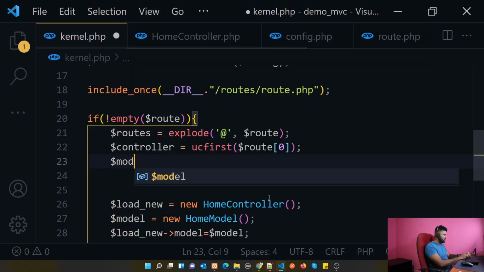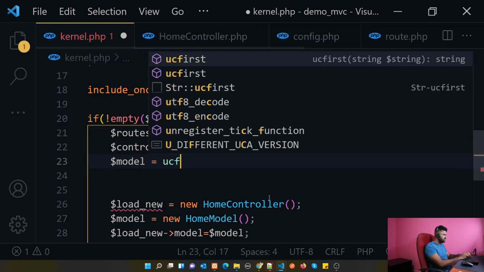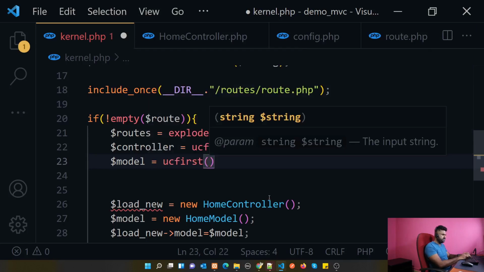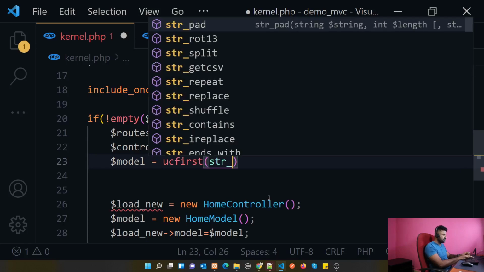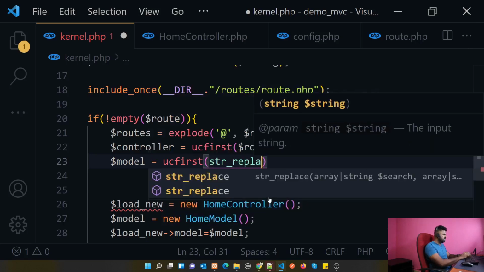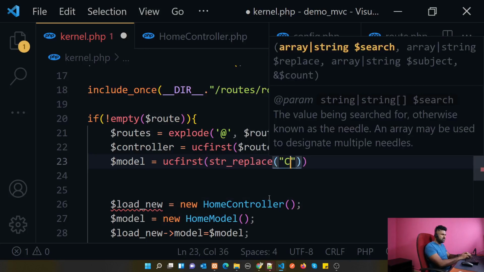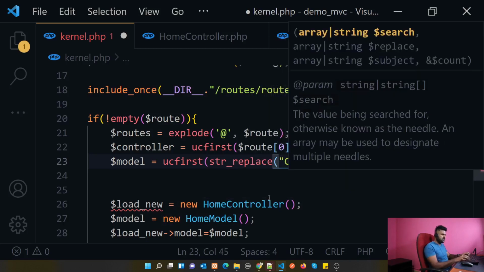Now $model equal to ucfirst, str_replace, because we need to replace the controller part, since we don't need controller